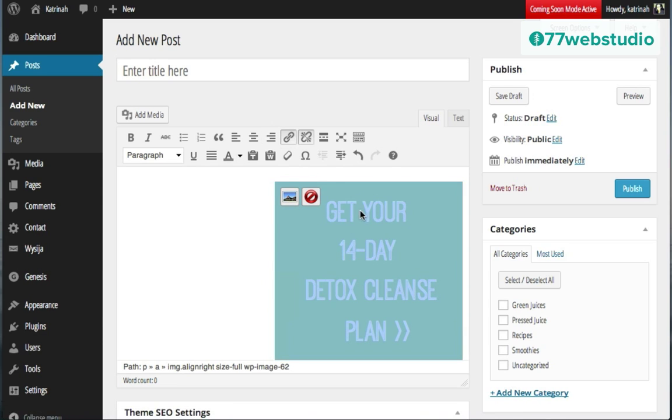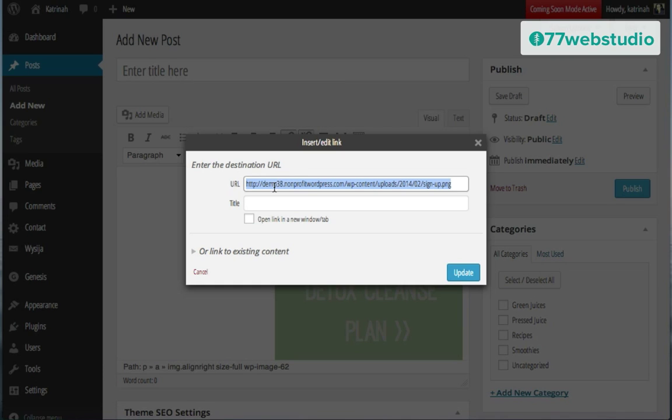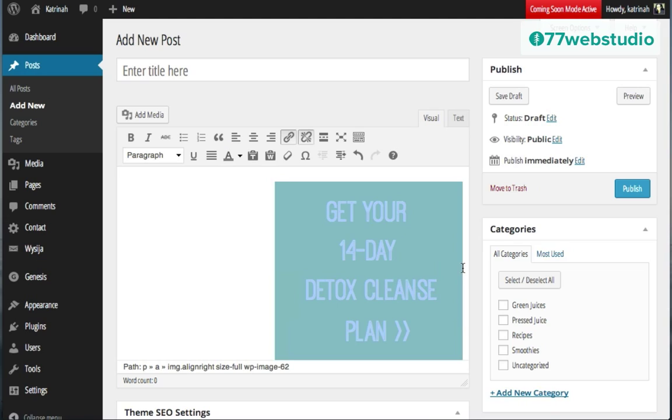When you highlight anything, text or images, you see there's this link icon right here. When I click on this link, here you can add the actual URL wherever you want this particular image to go. So this is just a quick trick. If you can't remember how to do the code, that's how you would do it. Then you would just click on update to update it.